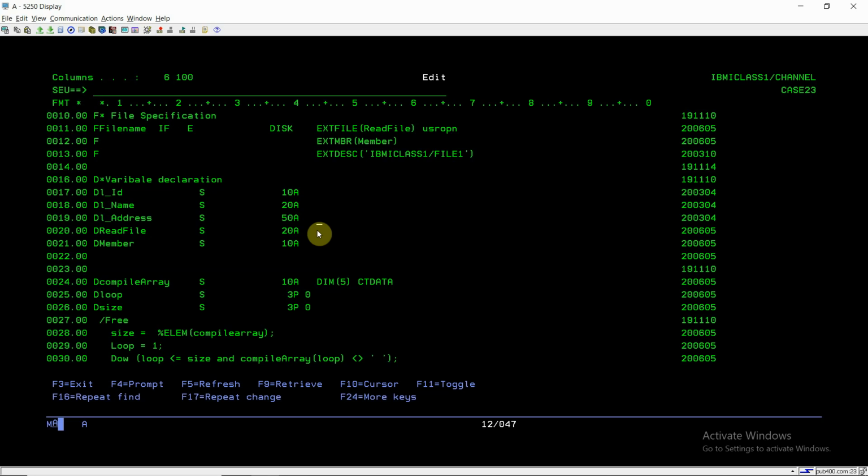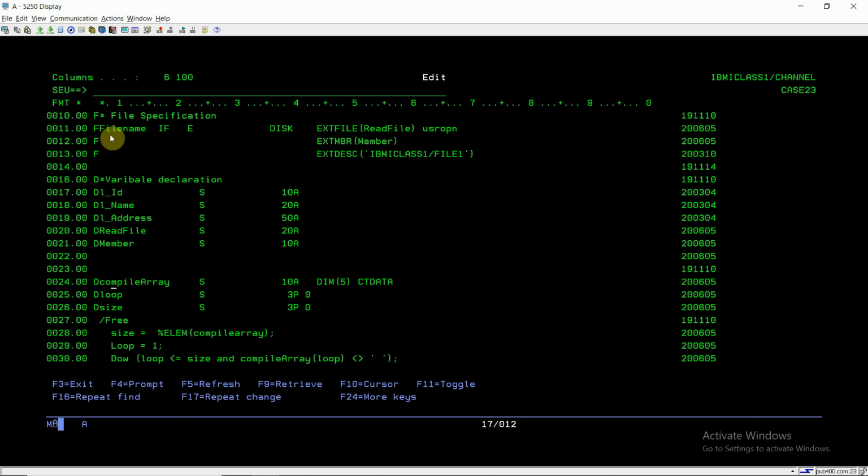Why did I initialize? Just to overcome the level check error, because during initialization the file is opened and there is no file for the file name, since the override didn't happen until now. So for that purpose we need to initialize that file or member here during the initialization time. We are not going to initialize here because we use the user open with the file.